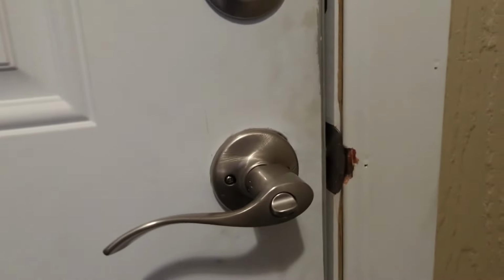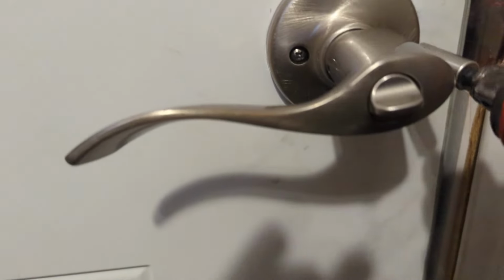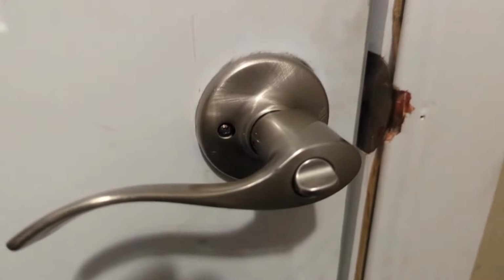So what you want to do is grab yourself a drill or a screwdriver, whatever you prefer, Phillips, and you want to remove, and of course this is inside the interior of the home, you want to remove the screws that are holding together the